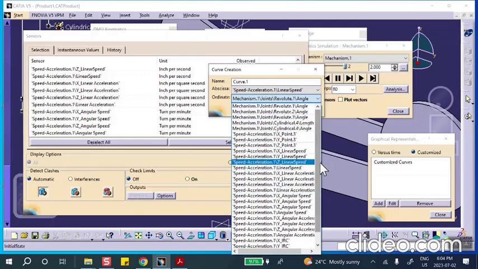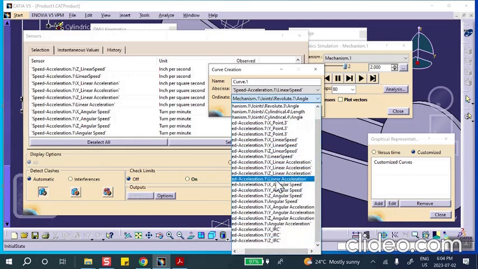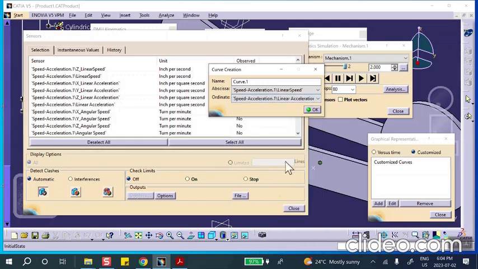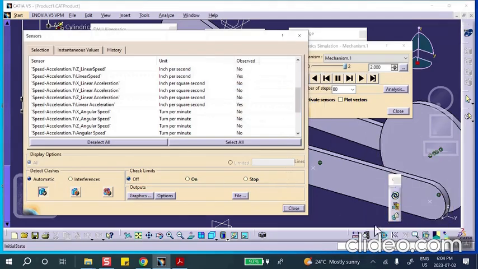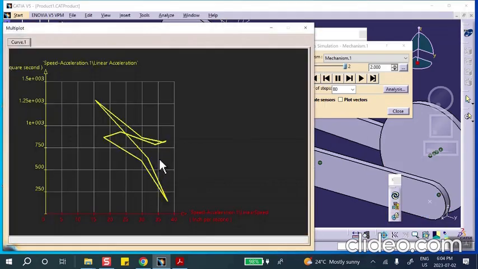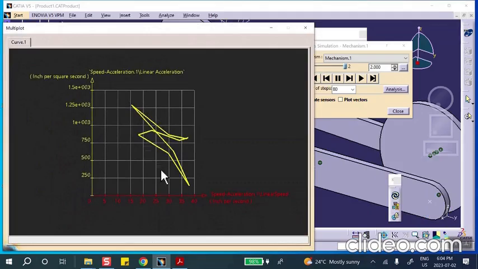It's this, right? Here, linear acceleration. Linear speed versus linear acceleration. You say okay, and close it and graph it. There we are. Zoom out, and then you do a print screen,